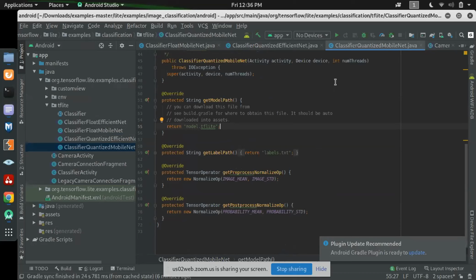When I connect my device, it will show a notification here. Then it will also show the Xiaomi Redmi Note 8 here. Then if we click this run button, it will automatically install on our mobile phone. Okay, now I am not running this application because I have already installed it on my mobile phone, and I will also show the demo on my Android phone, how it's working. Then you will be able to see that.